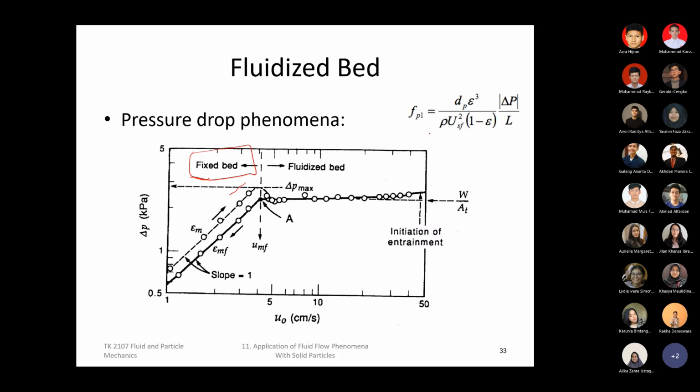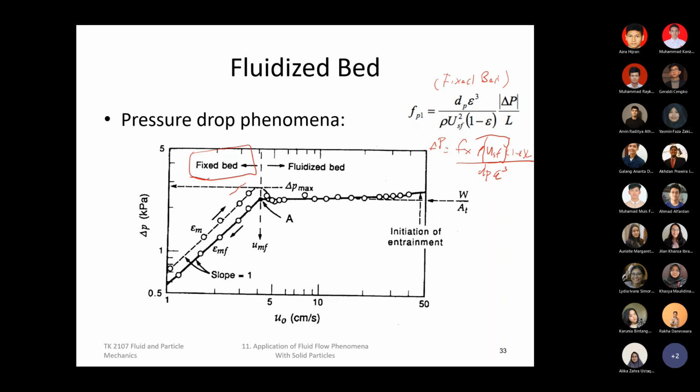Okay, here that's the formula for a fixed bed. That's the starting point for a fixed bed, right? So when you want to calculate the delta P, it's a function of F multiplied by dP, rho USF square, 1 minus epsilon, L per dP epsilon cubed. Okay, focus on the USF, because I told you that when you want to switch from fixed bed to fluidized